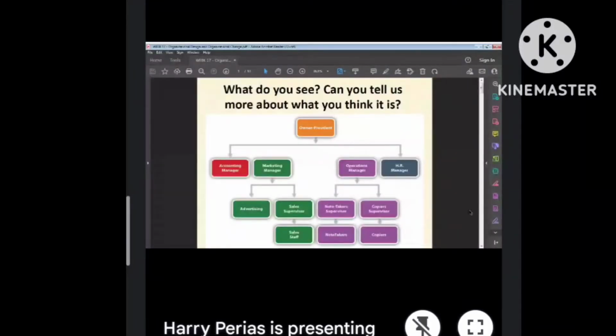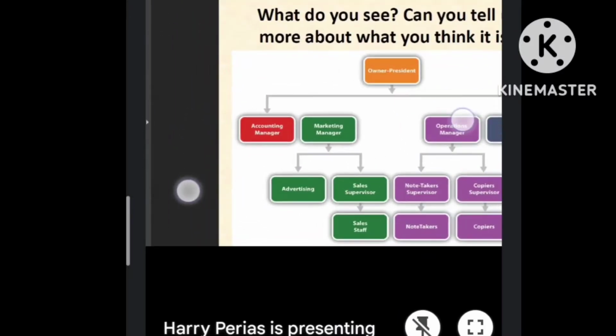So, let's start. What do you see on the figure that you see on your screen? Can you tell us more about what you think it is? So, to answer that question, as you can see,